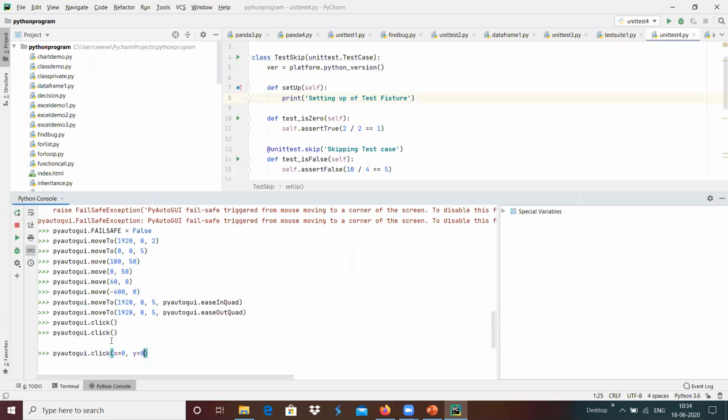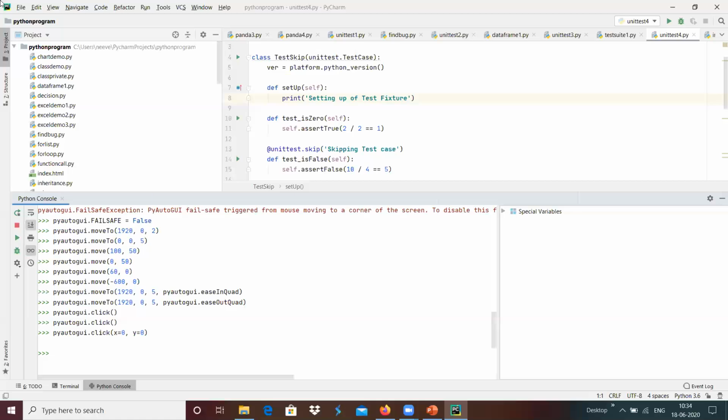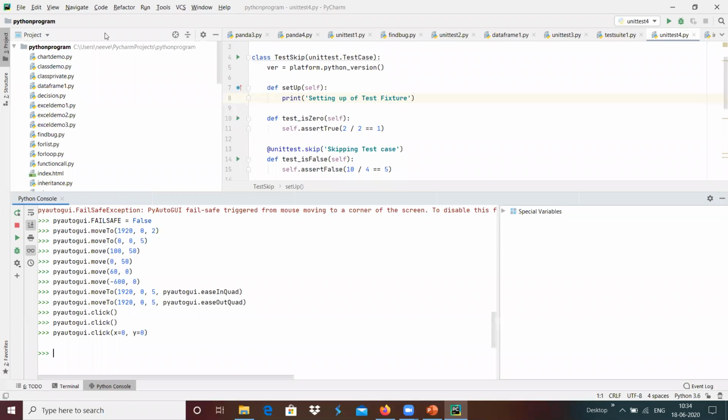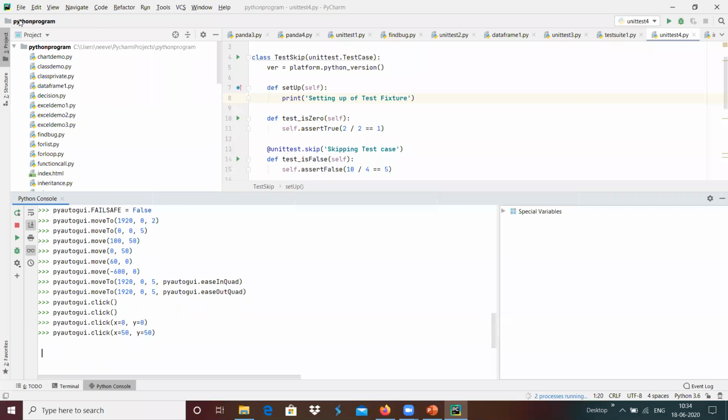Once it reaches there, the mouse pointer will go there and generate the click event. Whenever we generate the click event at this location, there are no changes. Maybe we can place something at this location, maybe 50 cross 50, and I'm going to generate it accordingly.